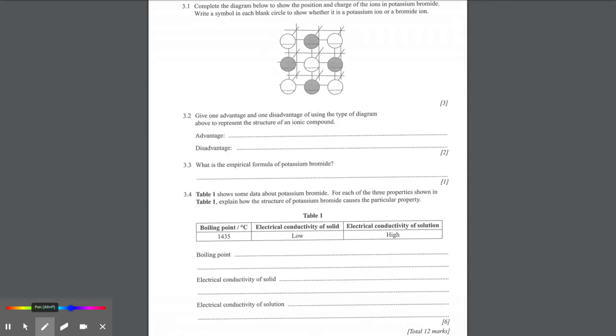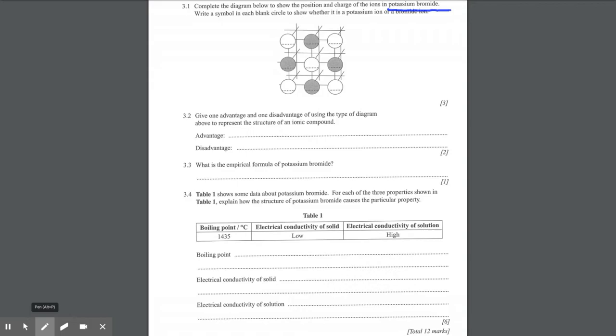Okay, so final question of the ionic compounds section. This is question 3. This time we're looking at a potassium bromide structure as opposed to sodium chloride. And the first question is giving us a slightly better representation and more of the repetitive nature of an ionic solid, and it's asking us to write a symbol to show whether it's a potassium or a bromide